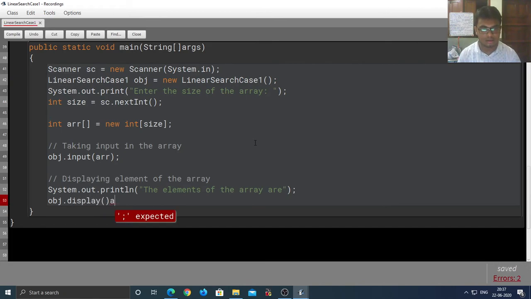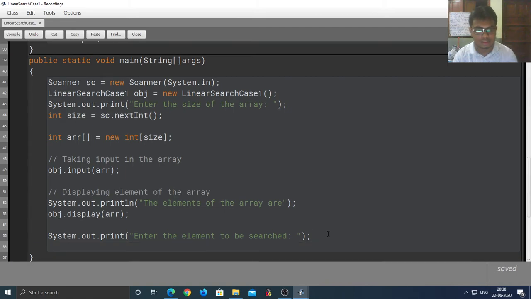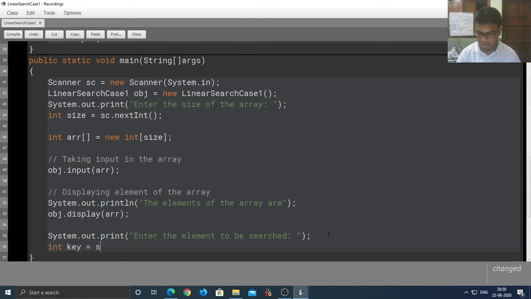obj.display(arr). Next, we're going to take the input, the key, from the user. System.out.print: Enter the element to be searched. int key = sc.nextInt();